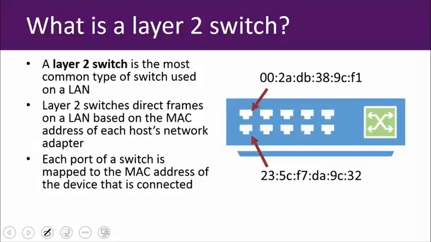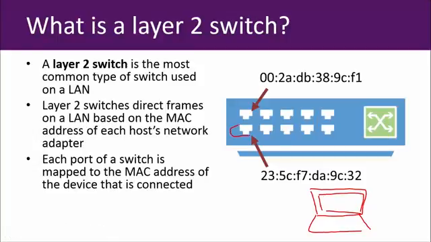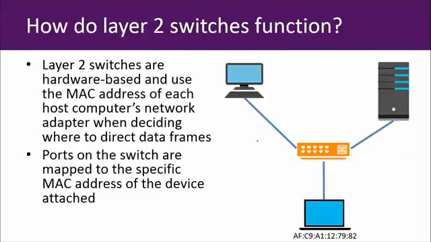So you might have 2 computers. Maybe we have a laptop down here that features the MAC address of 23, 5C, F7, and so on. This port right here is then going to be dedicated to that MAC address. So these layer 2 switches function simply using the MAC address to dictate where information is going to go. So if I have this example here,